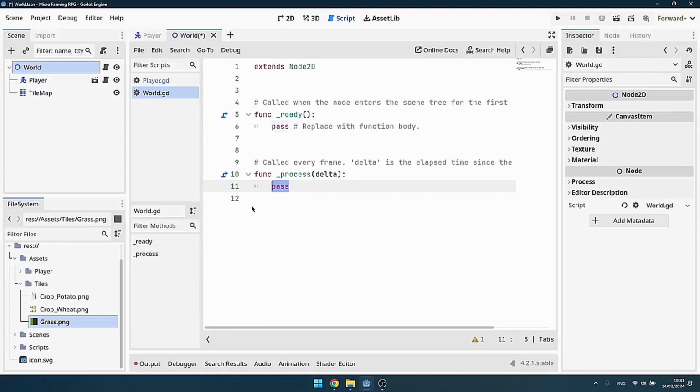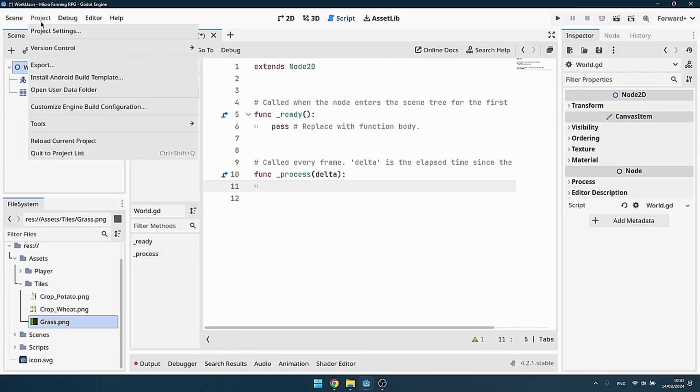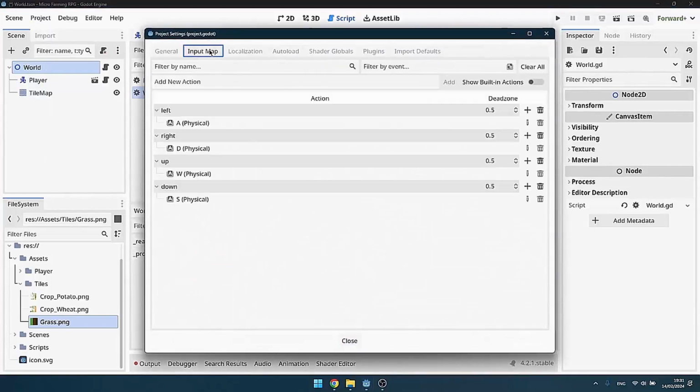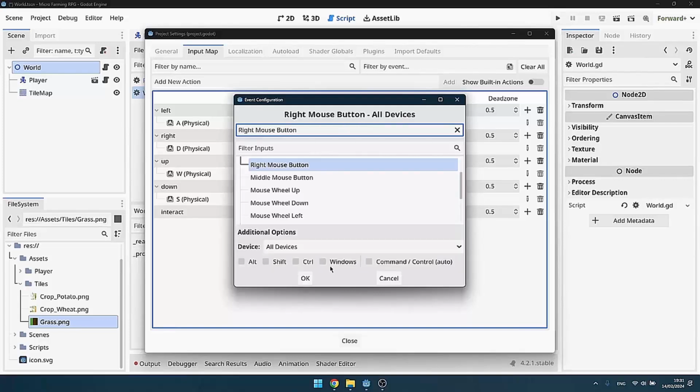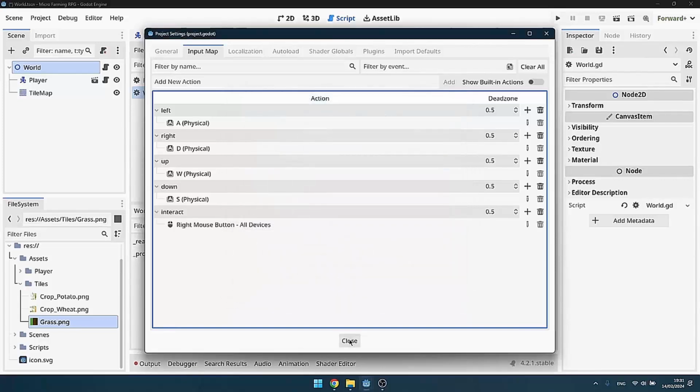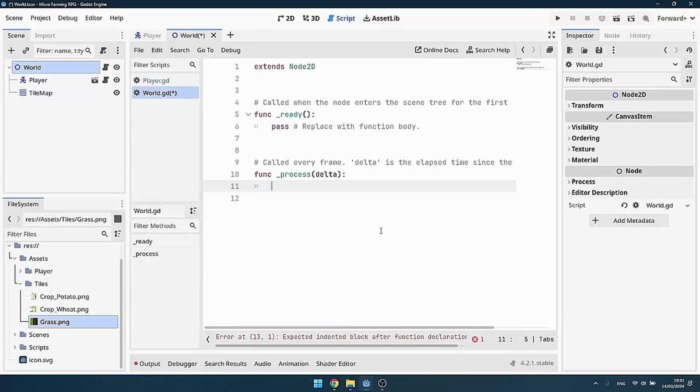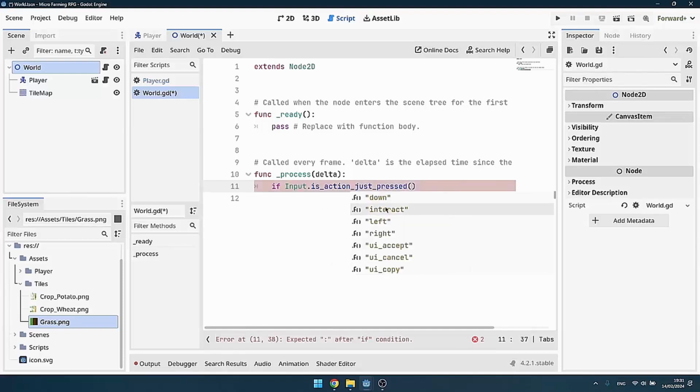And we're going to check. Actually, let's create an action for it first. So let's go into our input map and create an action called interact. I want this action to be my right mouse button, so we're going to click OK. And now we can do if Input.is_action_just_pressed, and we're going to select our interact